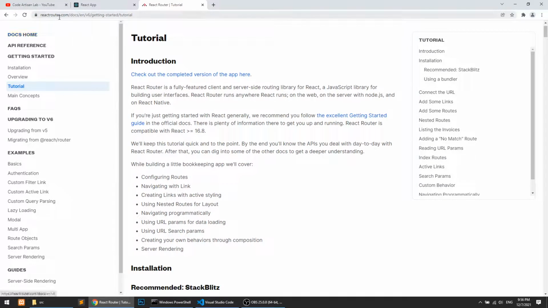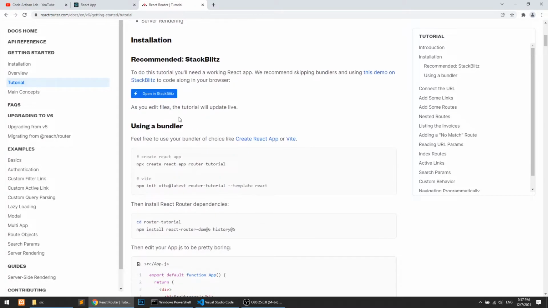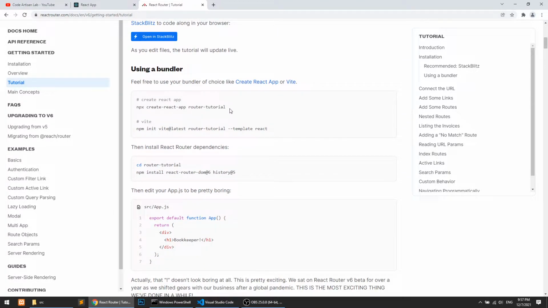You can search on Google for React Router DOM and go to the official documentation. I'm going to use version 6. First of all, we have created the React project.